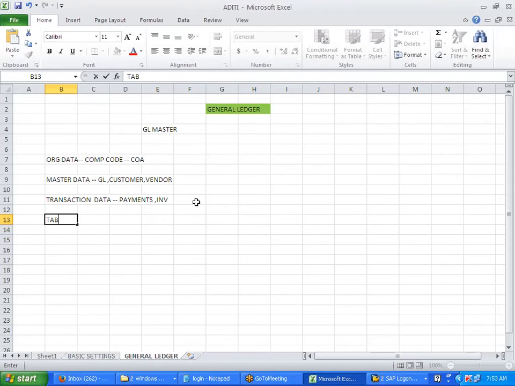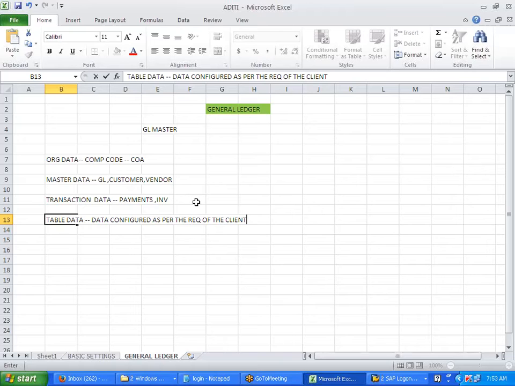Then you have something called table data. We are not yet into it; we'll come back to it later. Table data is configured as per the requirement of the client.